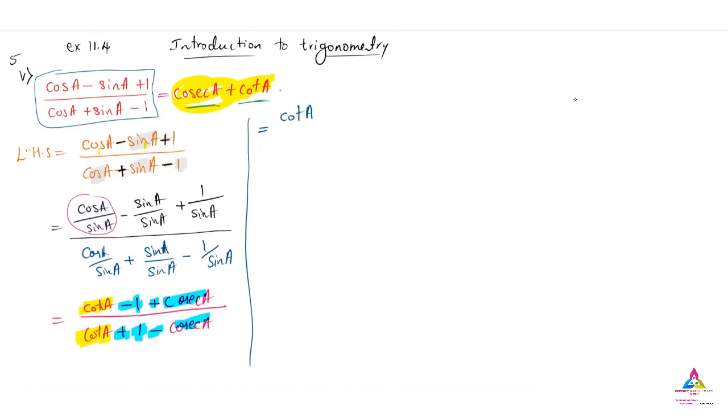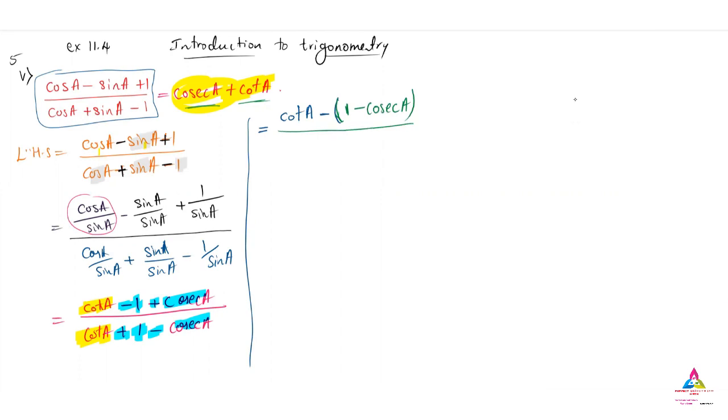And I will take that minus as a common factor, and inside I will write the other two, that is -1 and cosecant. Why I'm writing it this way, you will come to know. The minus sign I have taken common, so the inside positive will turn to negative, and it will become cosecant. So the negative sign I have taken common. Why? Now we will come to know.